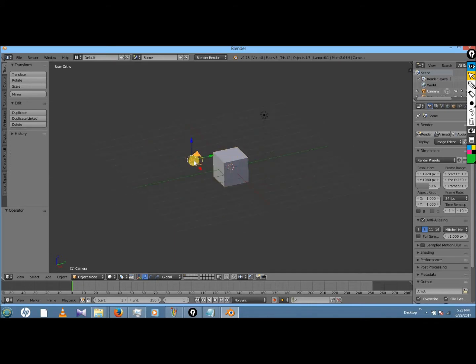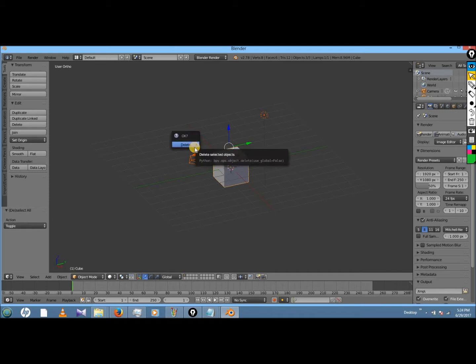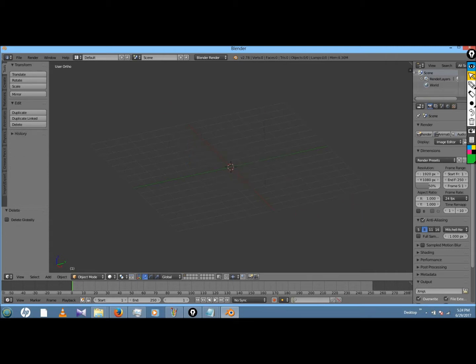You also don't want this camera or the light, and that may end up even crashing the game if those are in there. So what you're going to do is you're going to press A until everything has an orange border like that, and then you're going to delete. And whenever you press the delete key on your keyboard, it'll say OK question mark with a dialog thing below, and just click on delete like that.